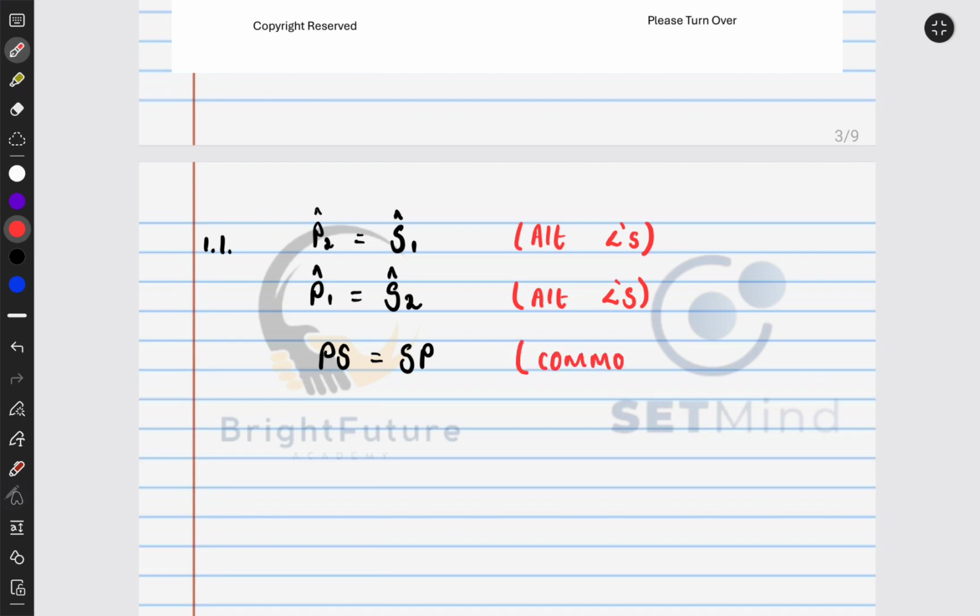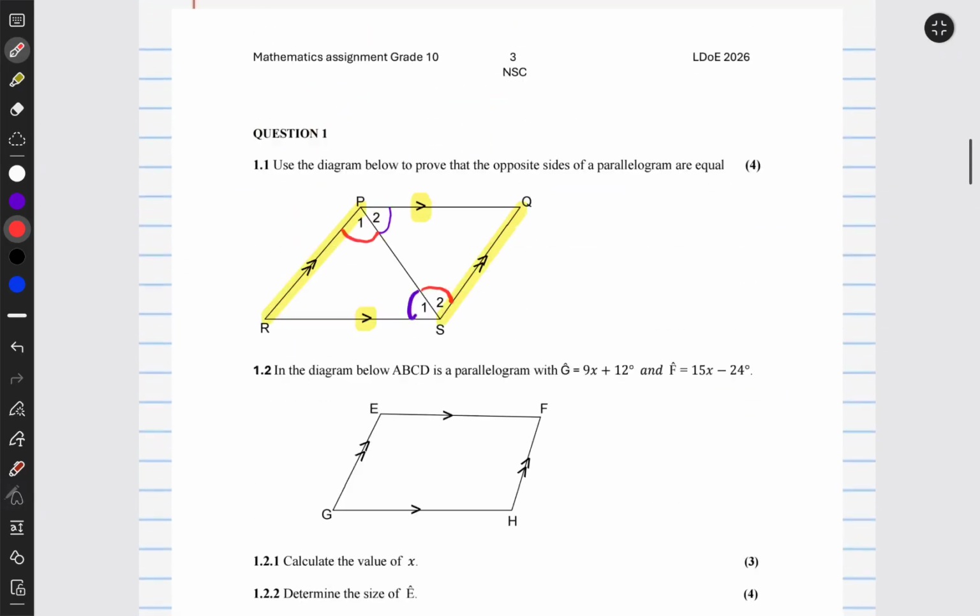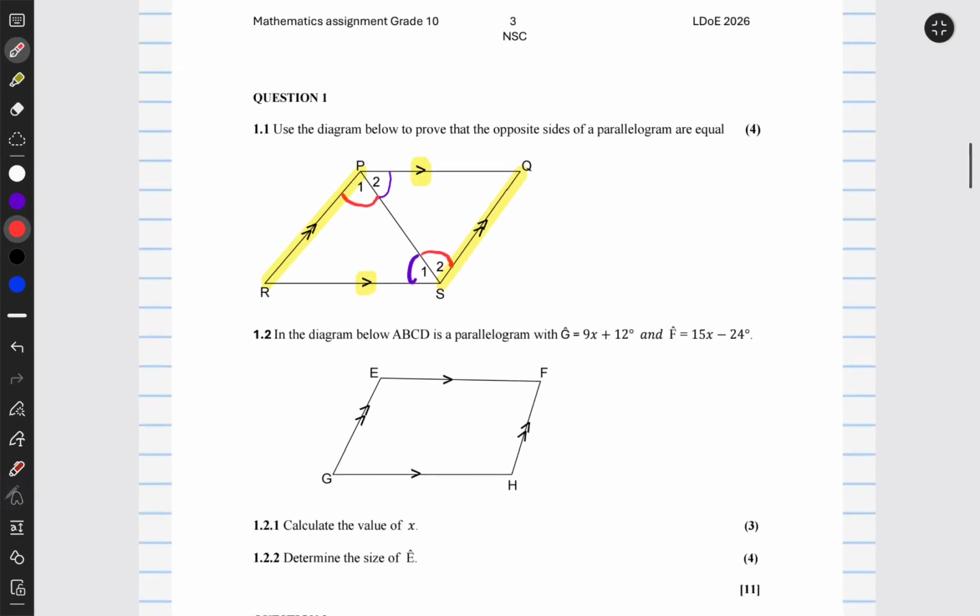We just say common side. Once we have shown that, and we have already proved the equal angles in these two triangles,